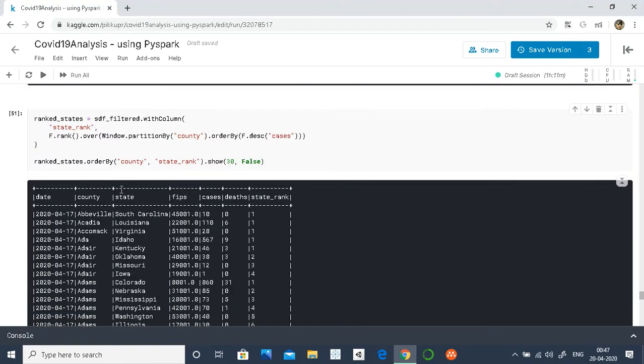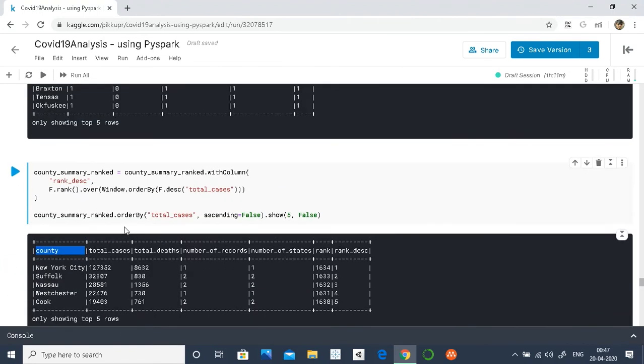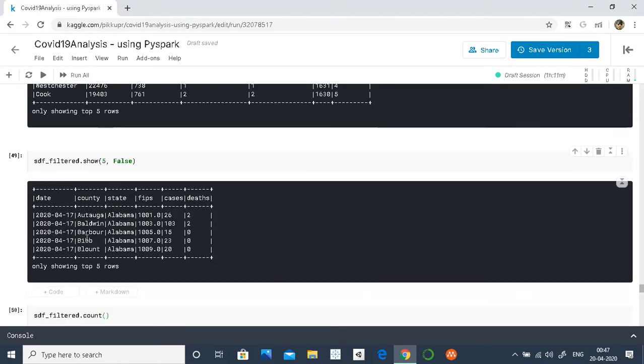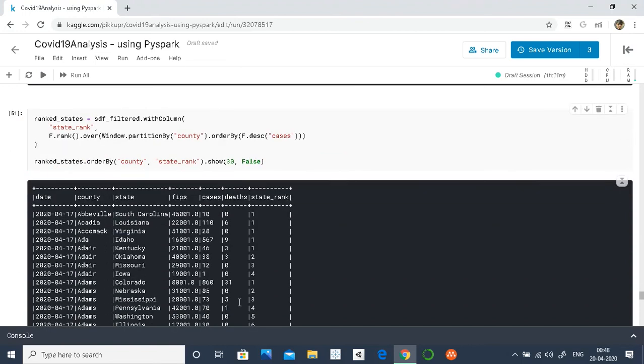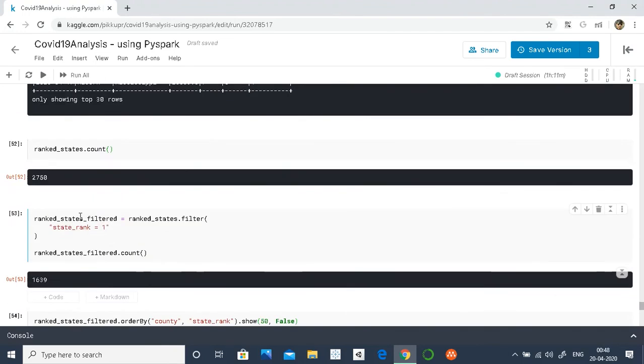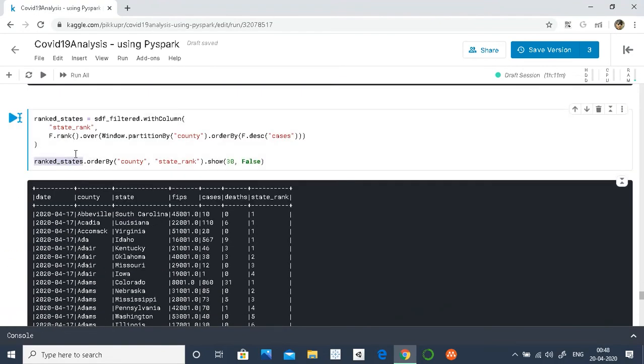As you remember, earlier we created this data frame here, which was the total number of cases for each county using group by. But here we will try to get something similar, but using partition by data. Okay, so here we have state rank. So let's make use of the unfiltered state rank data, this one.